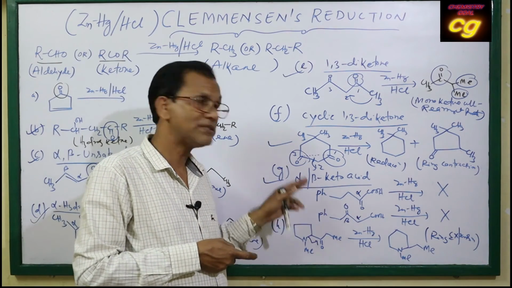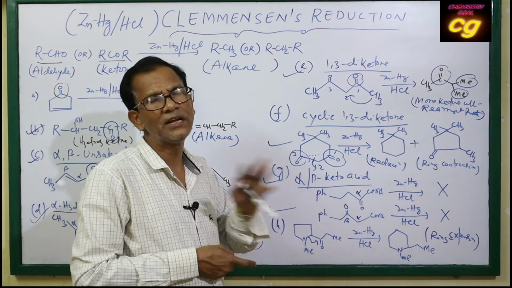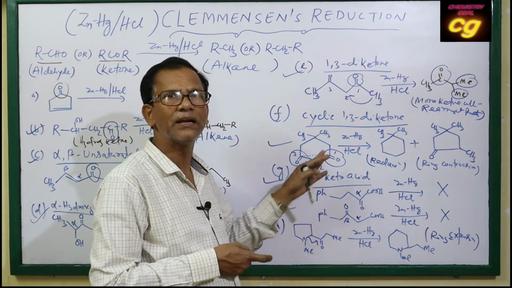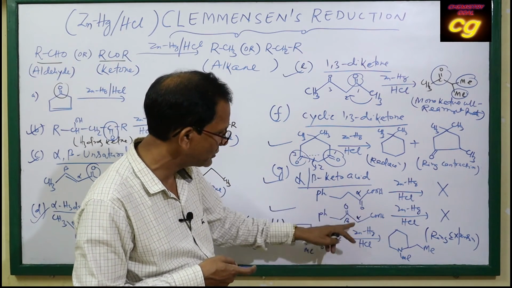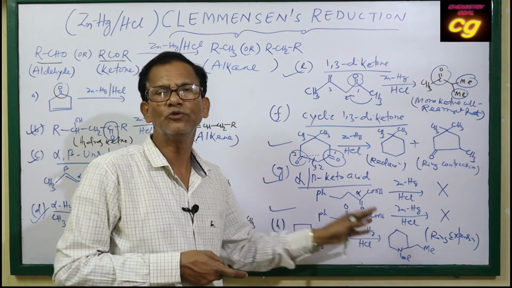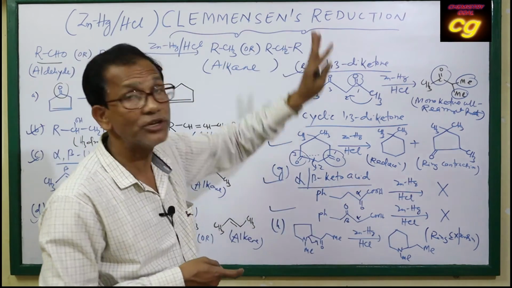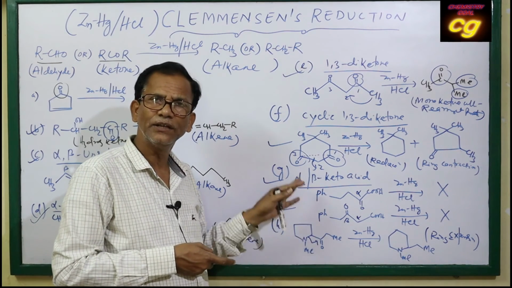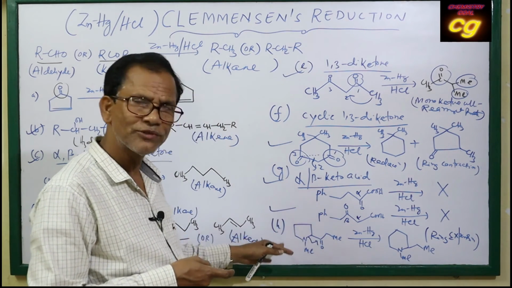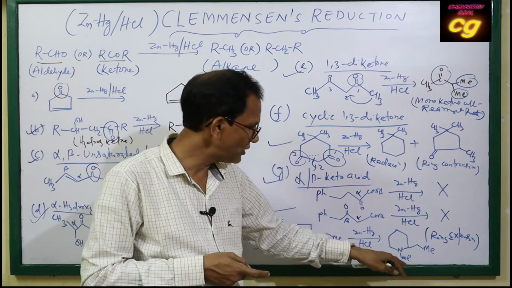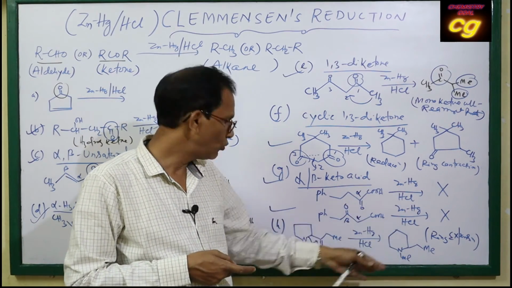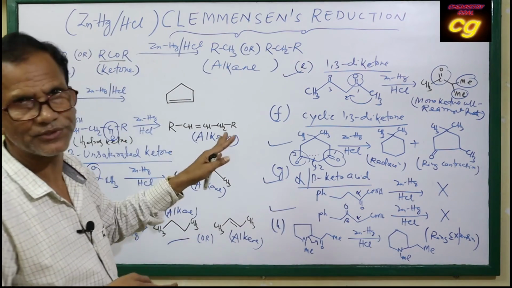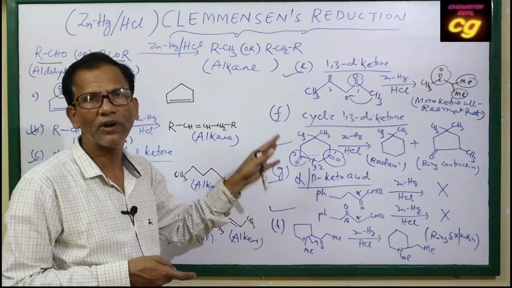If the compound is alpha or beta keto acids, there is no reduction. There will be no reduction of alpha or beta keto acids. This is alpha keto acid, this is beta keto acid. It cannot be reduced by zinc, by Clemmensen reduction. Very important. If a heterocyclic ring is taken, then the keto compound will be reduced and undergo ring expansion, forming a higher member ring with the reduction of keto groups. So these are very important steps for the reduction of aldehyde and ketone.